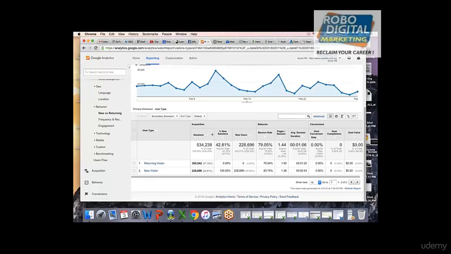You have 3 lakh returning visitors, 305,000 returning visitors. But in the new session it is 0. If somebody is coming to your website again, how will they be a new user?